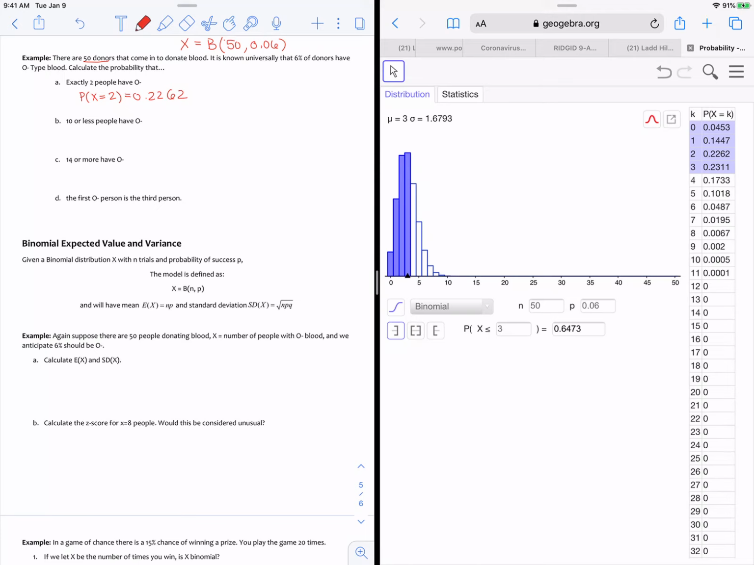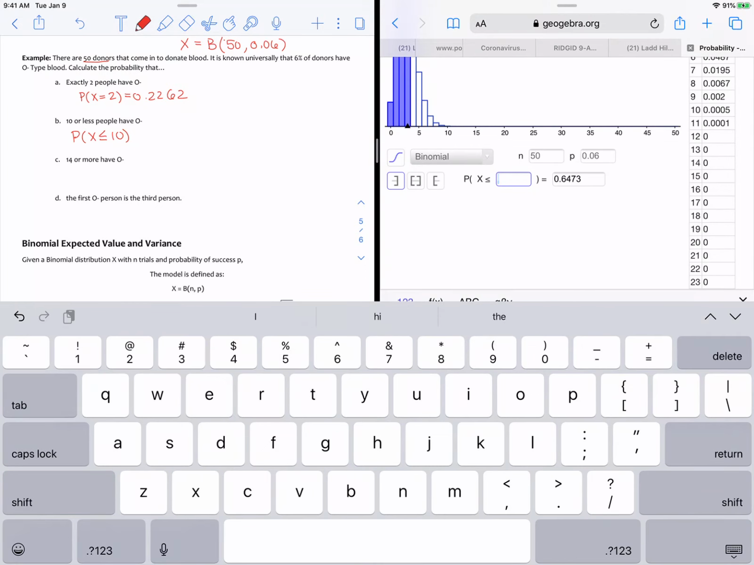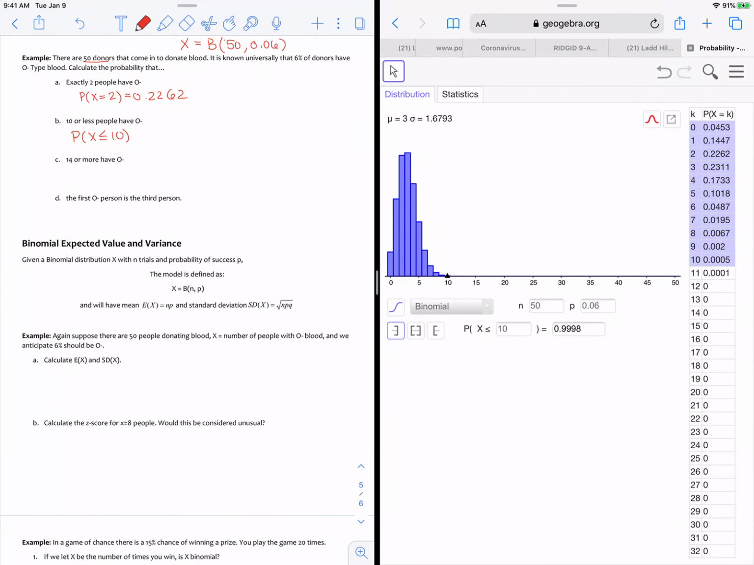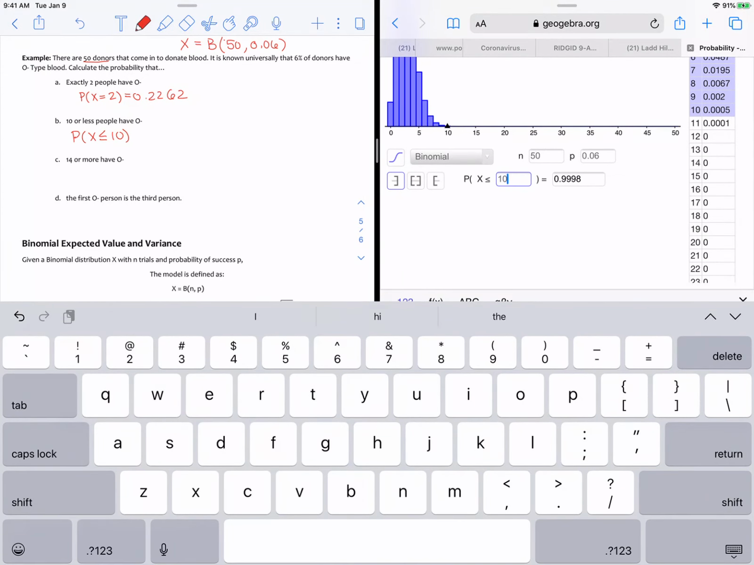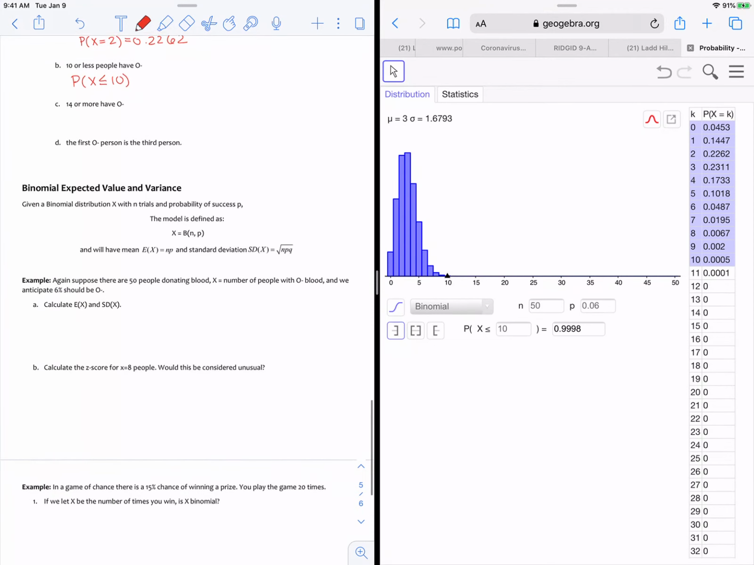Okay, next one, probability that we have 10 or less. So X is less than or equal to 10. We could try adding those all up, but it is easier to do the less than direction. X is going to be less than or equal to 10. Then we're going to press enter, just to make absolutely sure. And then we look at the probability to the right, and that is